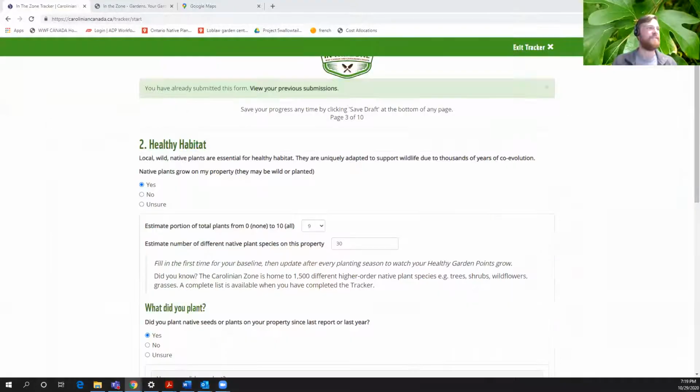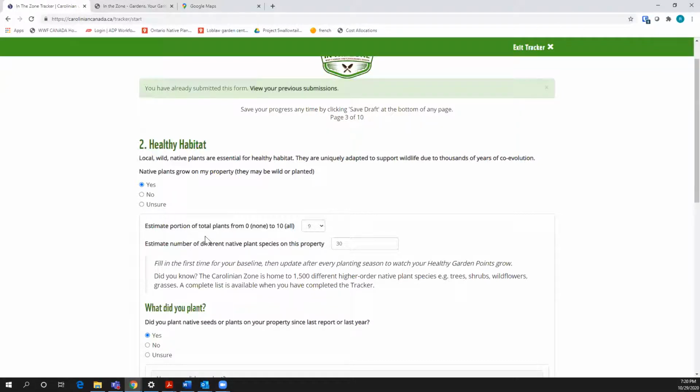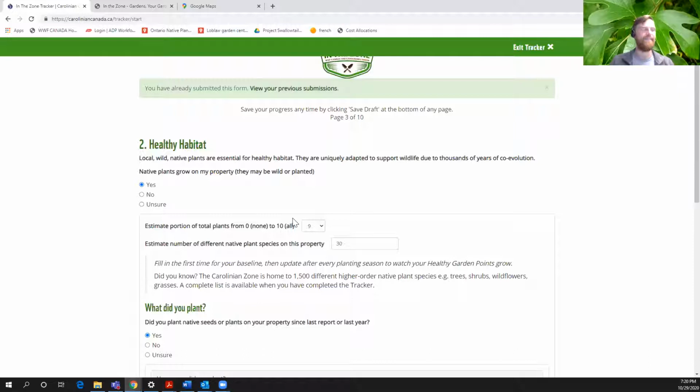So let's return to this idea of the portion of total plants which are native. So now we have a concept of what is a native plant and what is not a native plant. And we want to know, okay, what does proportion mean? Great question. There are a bunch of different ways of answering that. In discussing with my team earlier today, we decided that the definition that we're going to use here for our purposes is area.